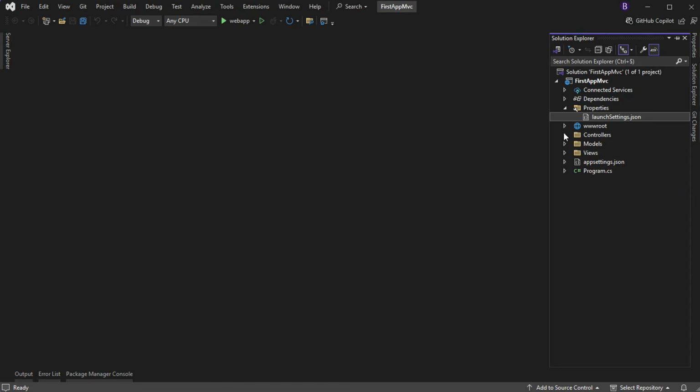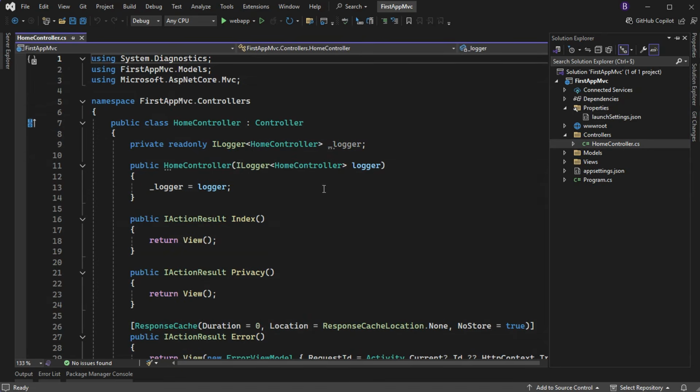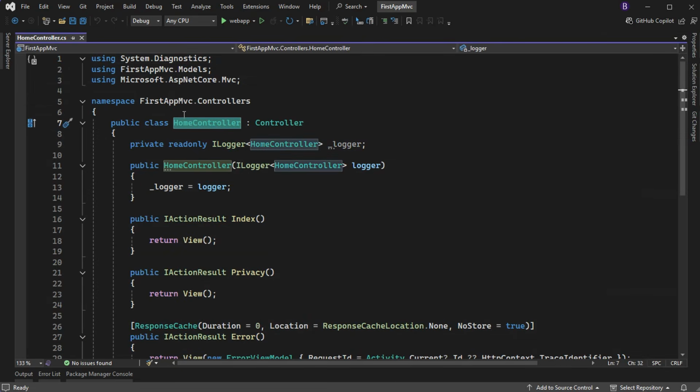Then we have the controllers folder, and by default, we have this controller. So in this controller, which is called Home, we can see that we have different action methods. So this is the index method that will return a view called index.cshtml. Then we have the privacy method, which is also called an action method that returns a view that is called